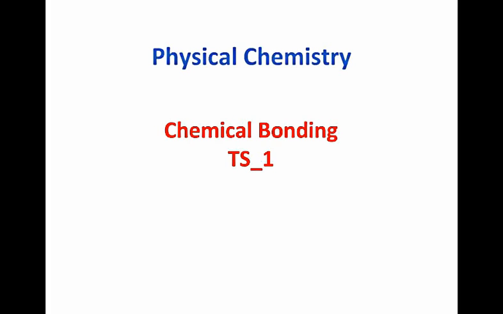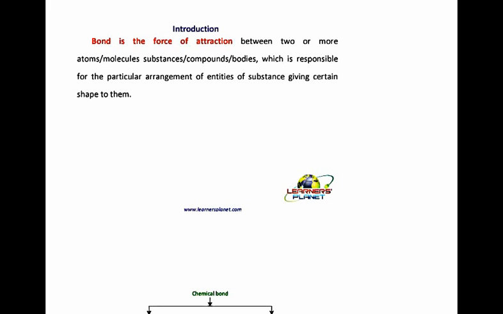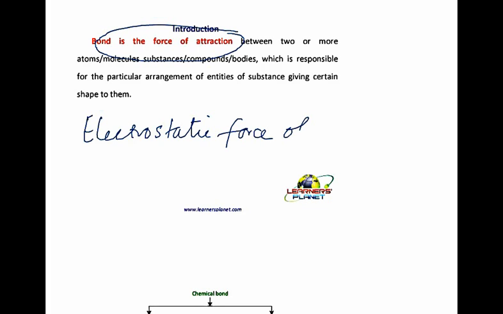So starting with the chapter, here we shall discuss firstly what is a bond. In one sentence we can say that the bond is a force of attraction. So we can say bond is an electrostatic force of attraction. Now obviously the force of attraction will be between two particular particles or bodies, and in this it is the